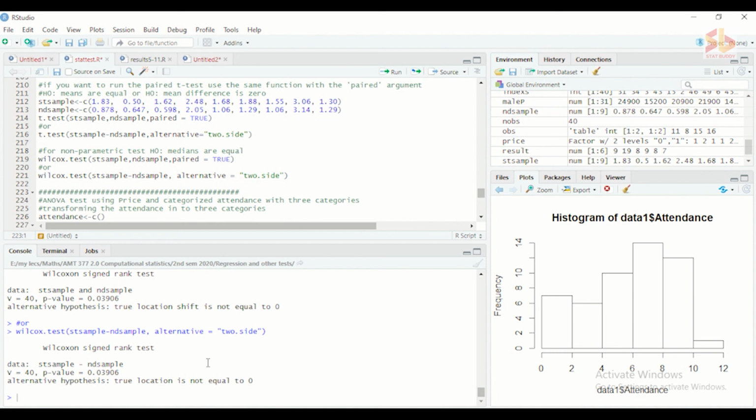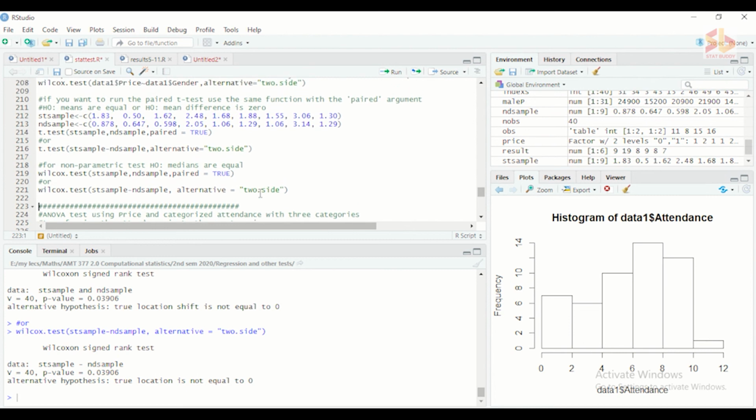So this test also gives the same result. In the Wilcoxon test the ties are eliminated, which means if we have repeated observations in the data sets, the Wilcoxon test eliminates those repeated observations and takes the rest to the calculation.